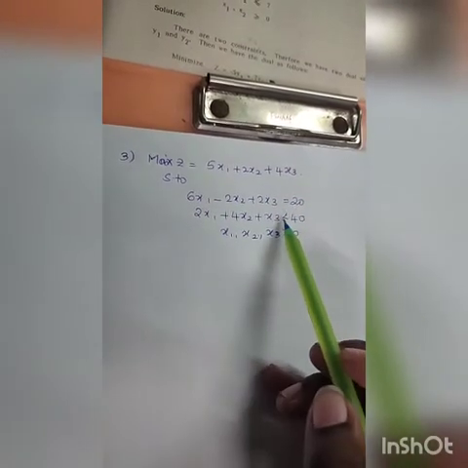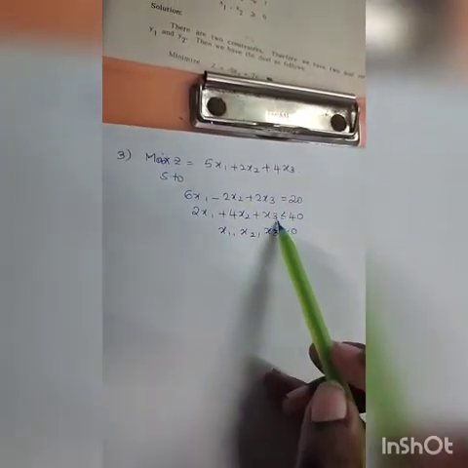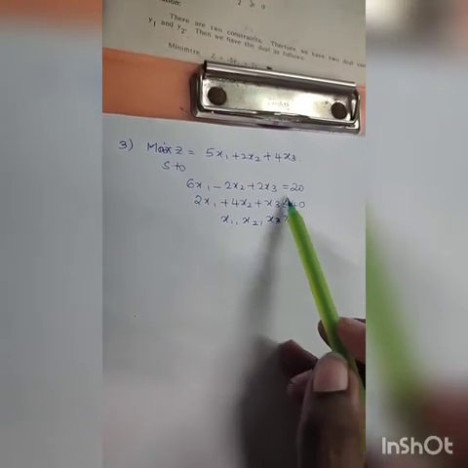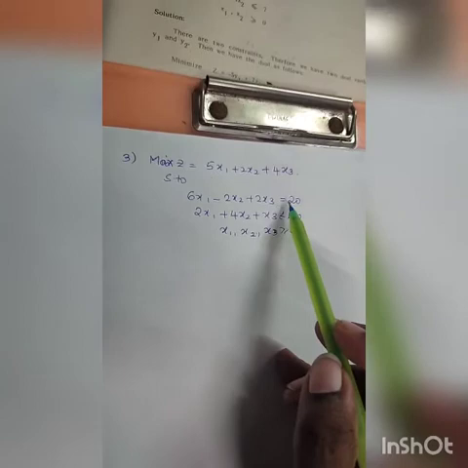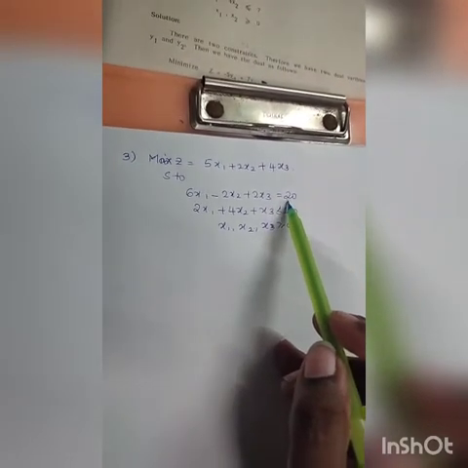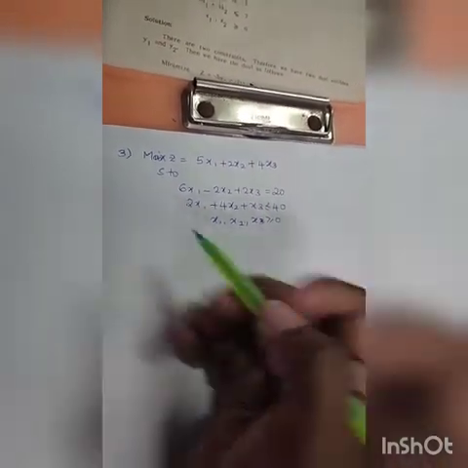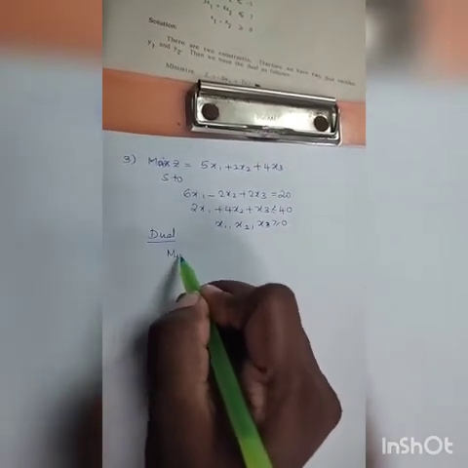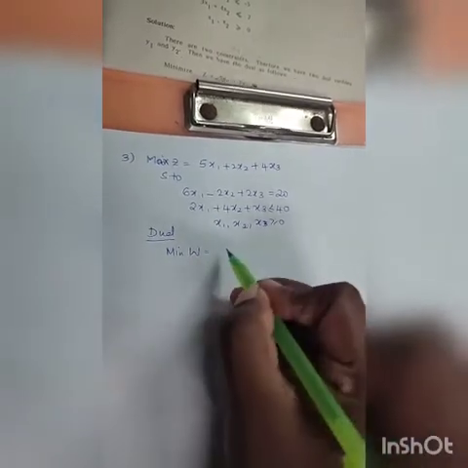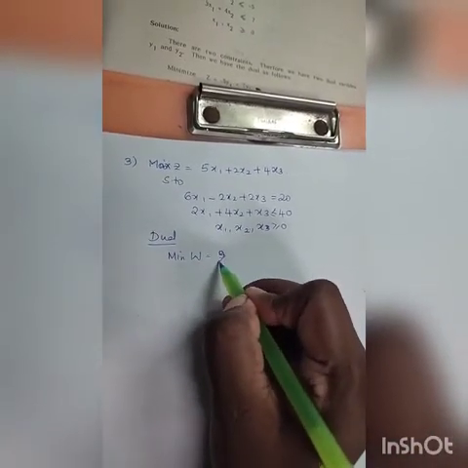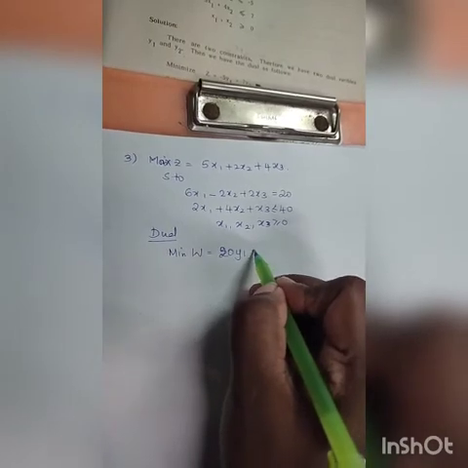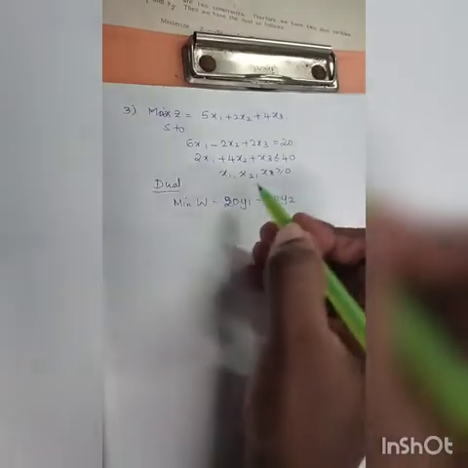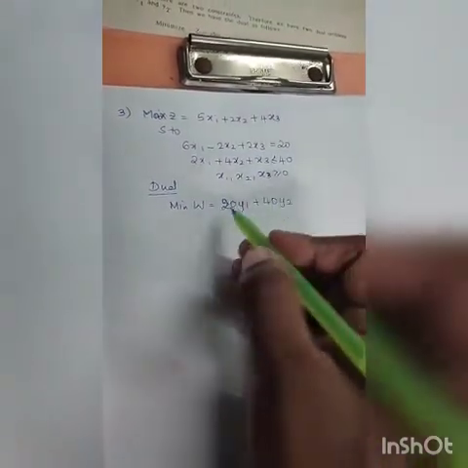If you notice, I have a maximization problem. I have three decision variables x1, x2, x3, and less than or equal to is 1. There is an equal to here. So what happens is this is going to create trouble later on. So we are now going to see how to find the dual for this. So this becomes, as usual, minimum 20y1 plus 40y2. Okay, so this is fine.